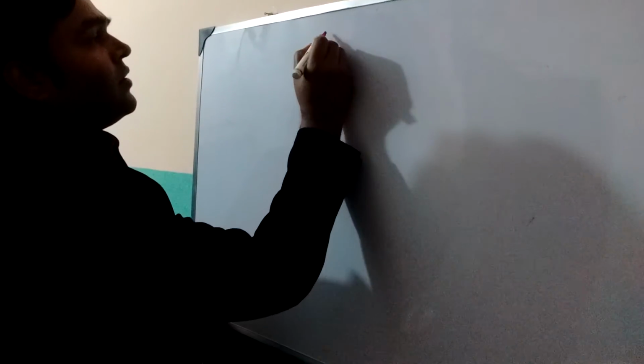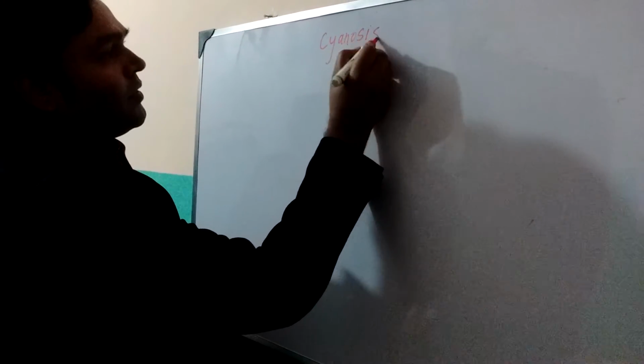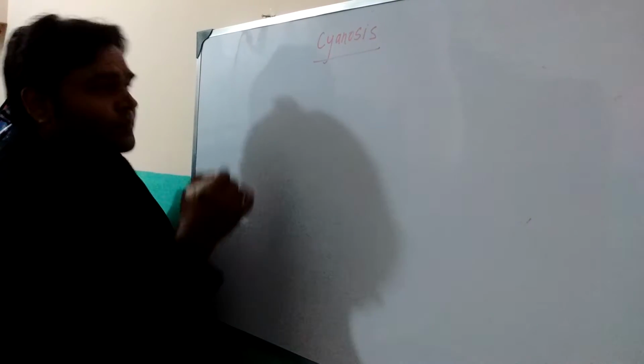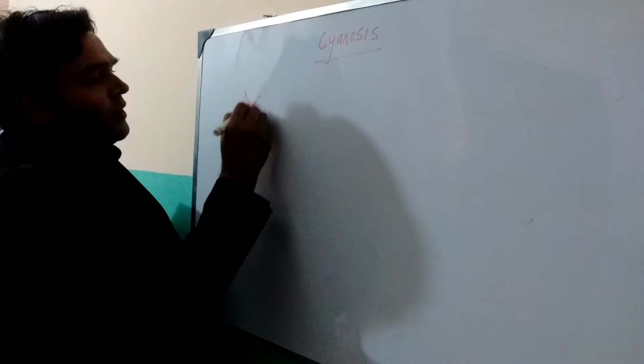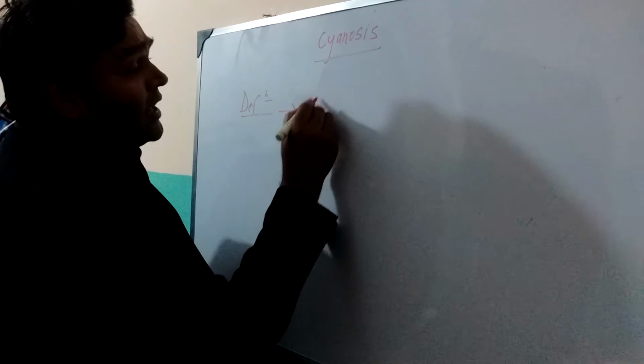We are going to discuss cyanosis. What is cyanosis? What is the definition of cyanosis? Cyanosis is bluish discoloration of skin and mucous membrane